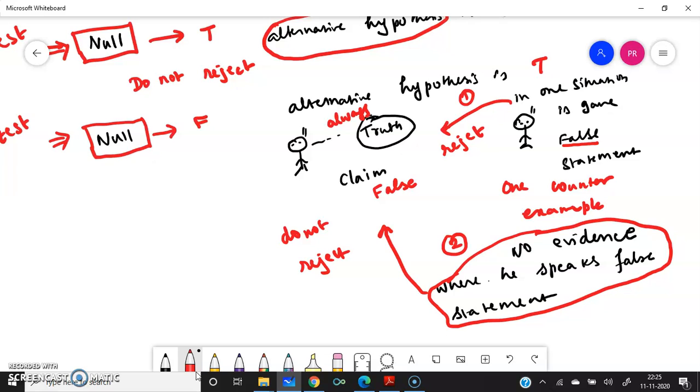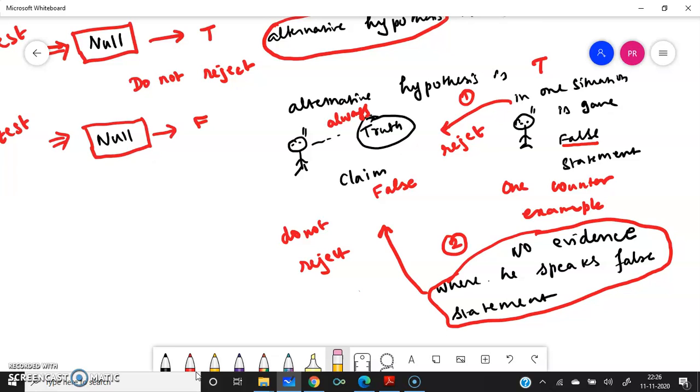I cannot use the word accept. Why can I not use the word accept? I am unable to collect the evidence. It is quite possible that he might have spoken some false statement, and I am unable to collect that particular evidence. There are so many cases, right from his birth. Do you think I will be rewinding myself and going right from his birth to today's situation, till his death? I cannot stay with him, and every statement he speaks, whether it's truth or false, I cannot check.